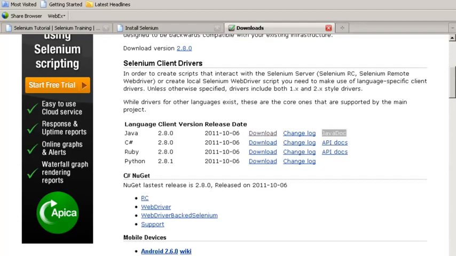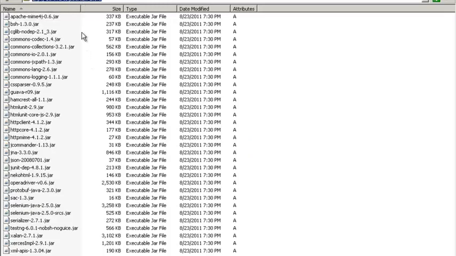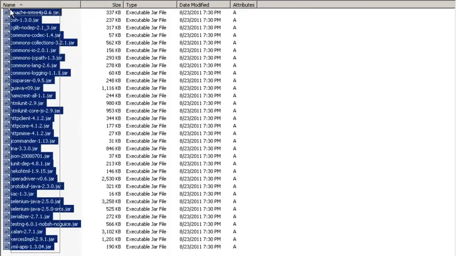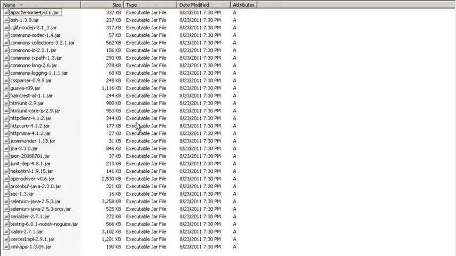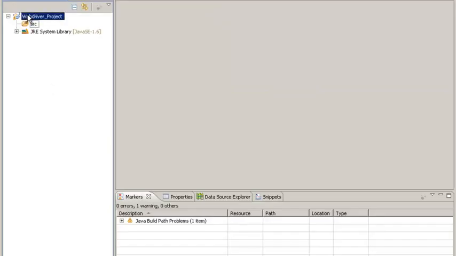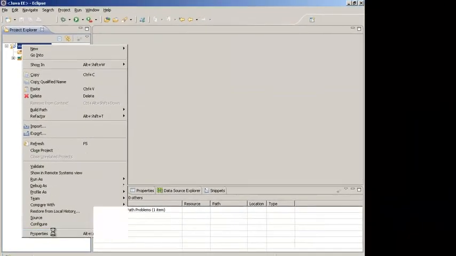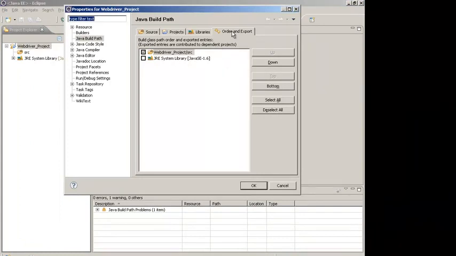On my PC, I have 2.5, and these are the jar files of 2.5. When you download, you get a zip file having the jar files. Now you open your Eclipse project, go to the project properties and go to Java build path.